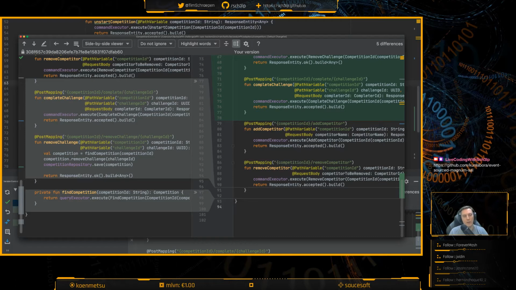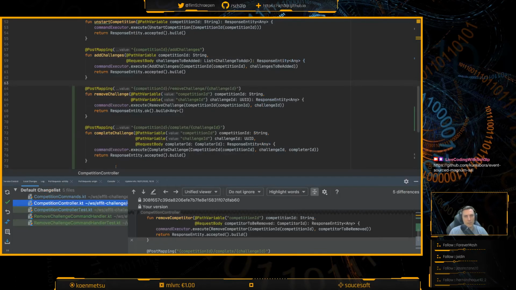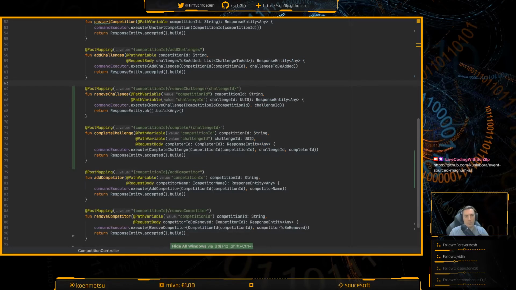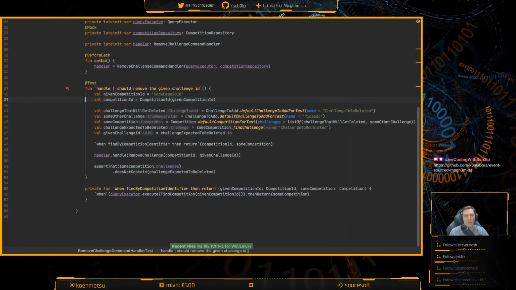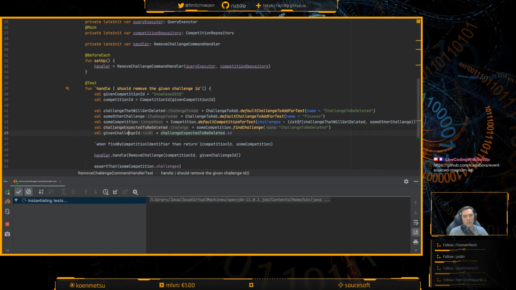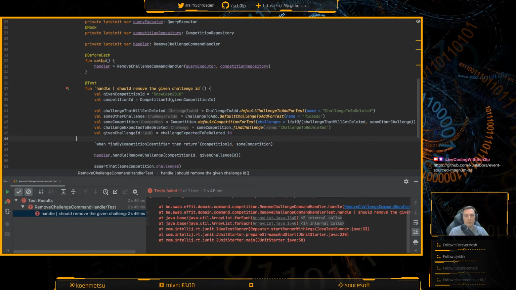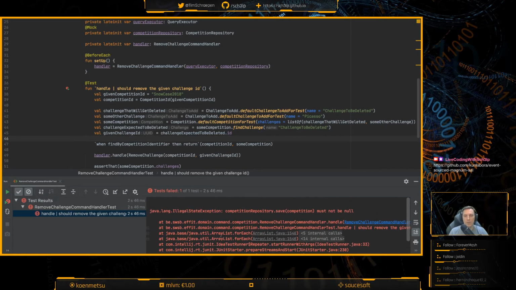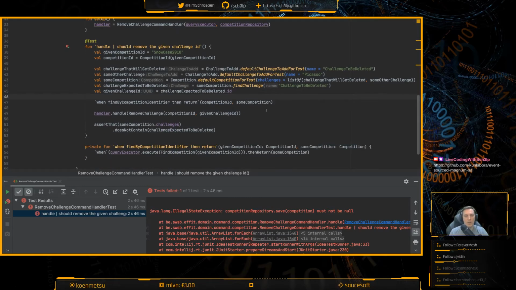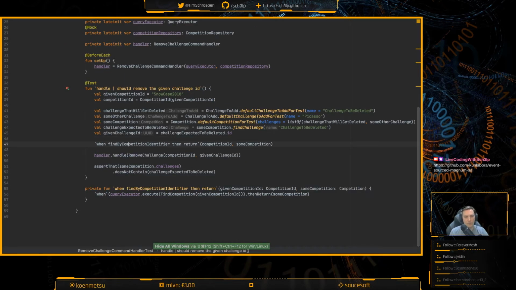So you find a competition, you call remove challenge on it, and you save it, and there you go. Right, and then that's it. And the reason why I'm setting it up like it's supposed to work is because I want to use actual objects. Is problem? Yeah, same thing like we're used to.